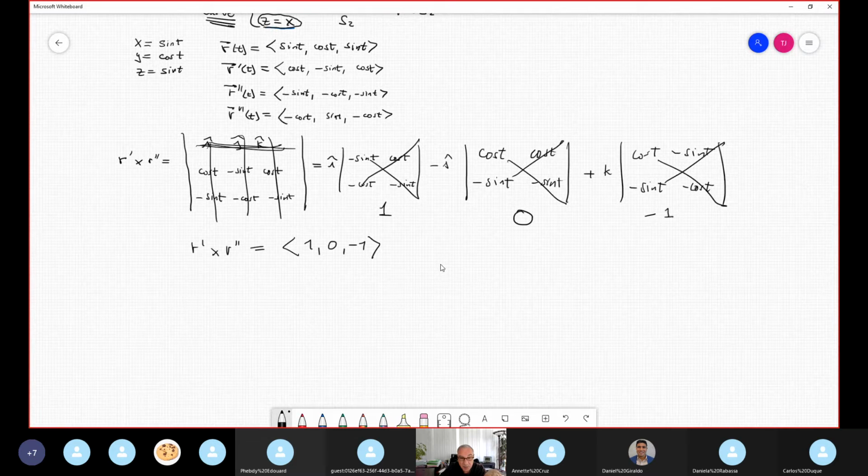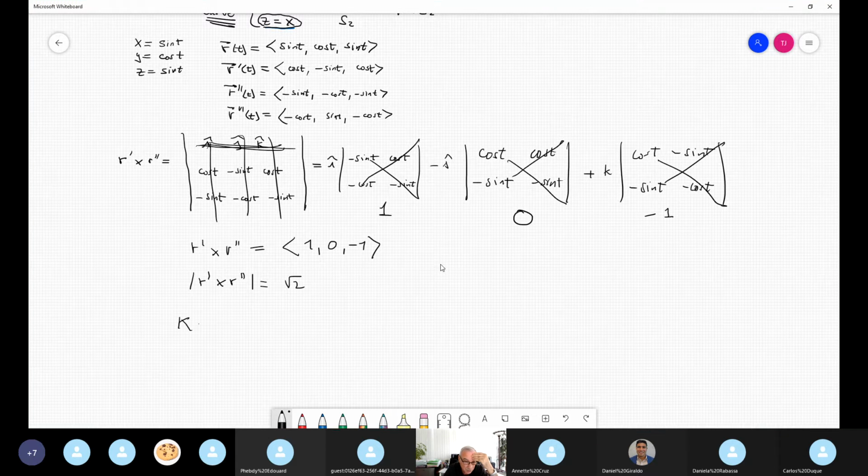That means when this situation happens, it's because the binormal vector B doesn't change. That is the reason that the curve is in 3D, but it's planar. And the torsion is 0. Okay, let me finish with the curvature. You compute the absolute value of this. So we get radical 2, no? 1 squared plus 0 squared plus negative 1 squared is radical 2. Now kappa, the curvature, is equal to radical 2 divided by,